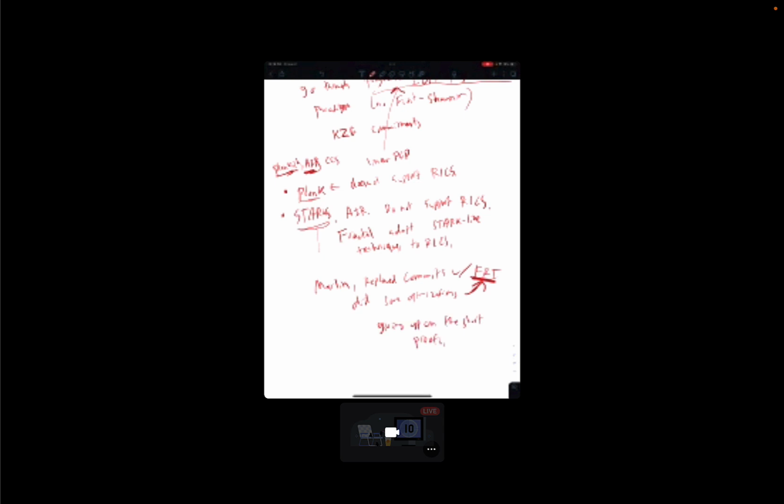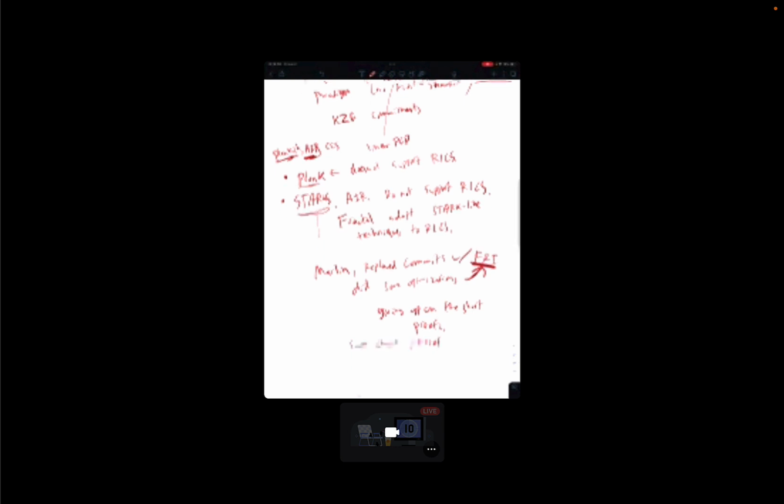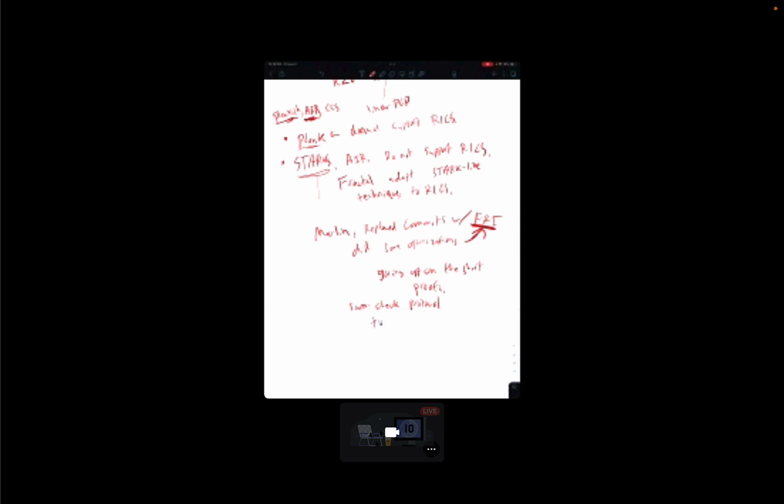Like at that point, you should be using something like Spartan. You should be using the sum check protocol to minimize the prover's commitment cost. So call this a personal opinion, but I think the Spartan prover is significantly faster than the Fractal prover for this reason. So you should use the sum check protocol instead to minimize